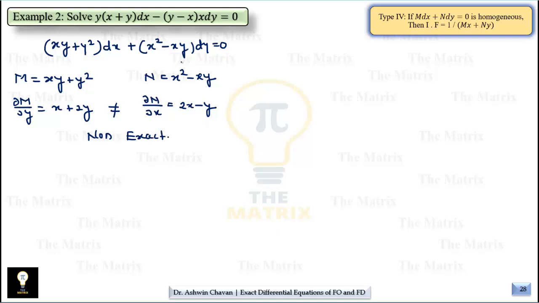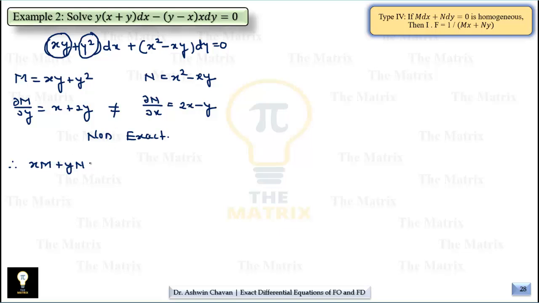So we have seen the 4 rules. Now you can see the collective power, which we call the sum of the indices, is 2 for every term. That's why we can call this a homogeneous function. Therefore, by rule number 4, we find x into M plus y into N. And if this is not 0, then 1 upon this quantity